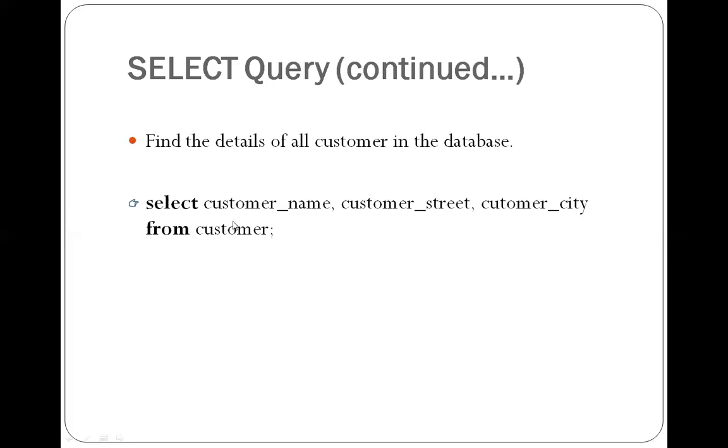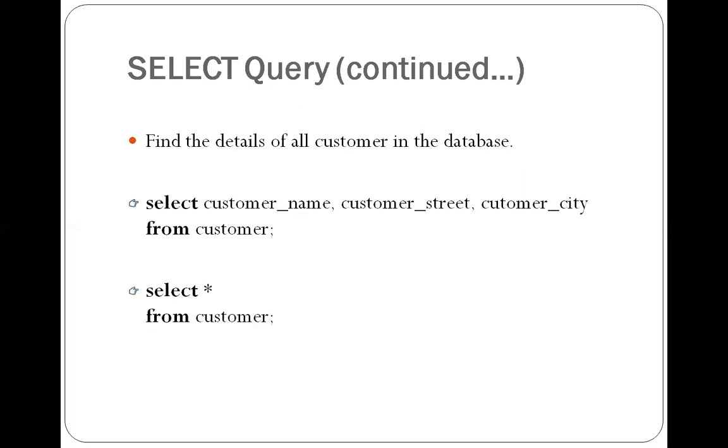that is customer. I can also write select customer name, comma, customer city, comma, customer street from customer. I can alter the sequence. That is not an issue. Okay. I can write in such a way, but I can write in another way like